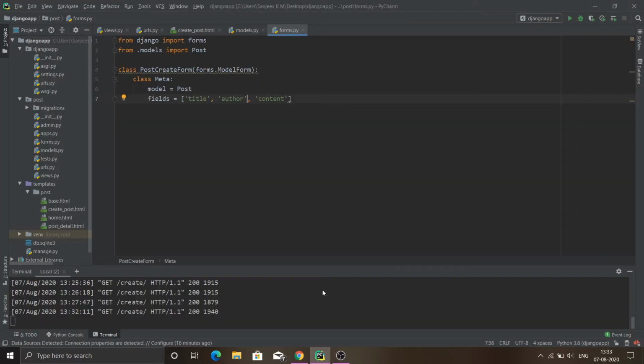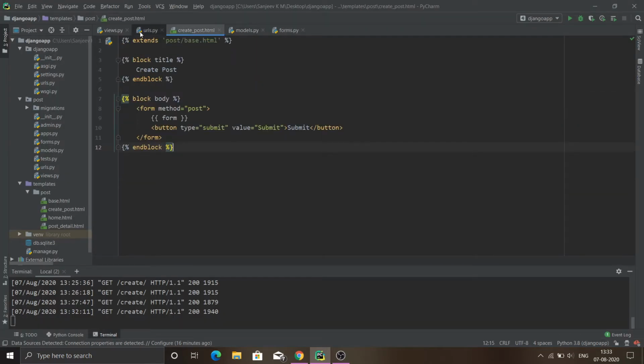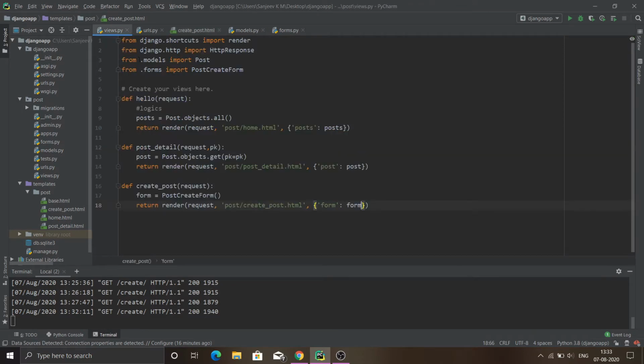So let's talk about the idea of making a form functional. As a user, we make two types of requests to the server. One is a get request and another one is a post request. A get request is made by the user if he wants to get some data from the database, and the data flows from the database to the browser. A post request is made by the user if he wants to send some data to the database, and the data flows from the browser to the database.